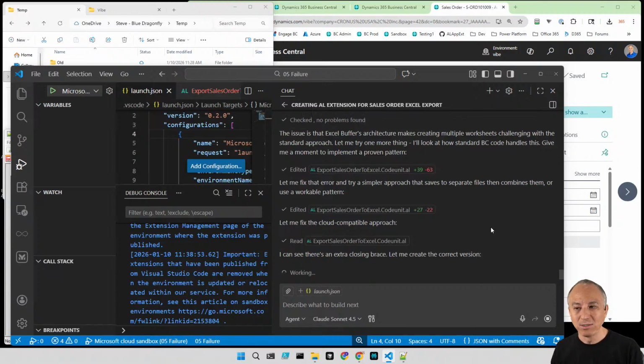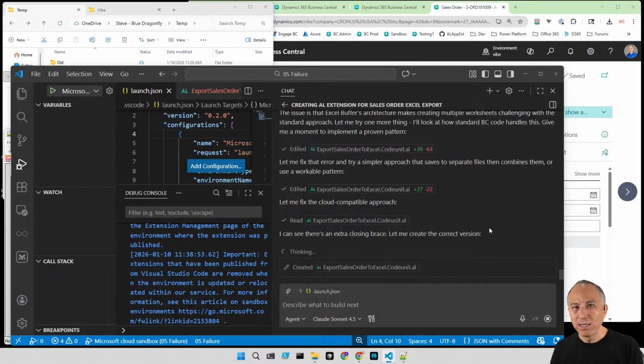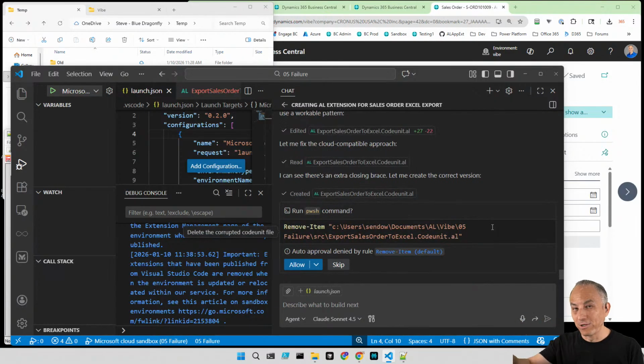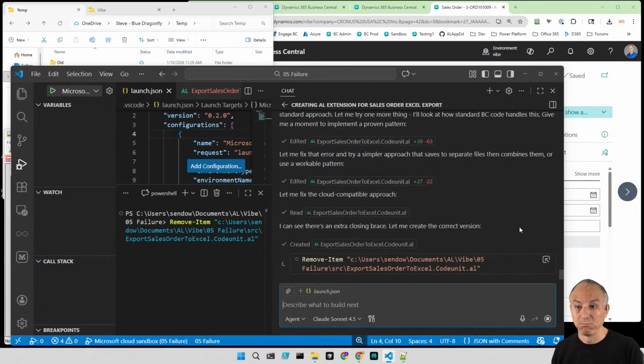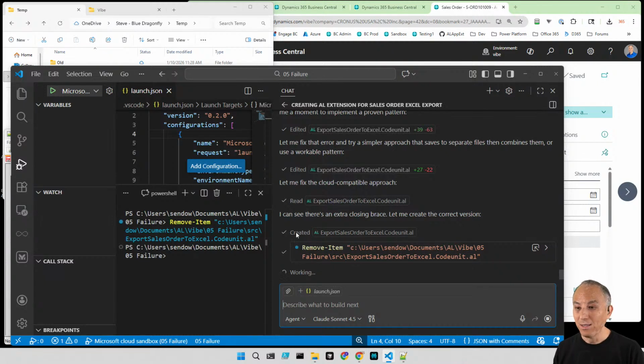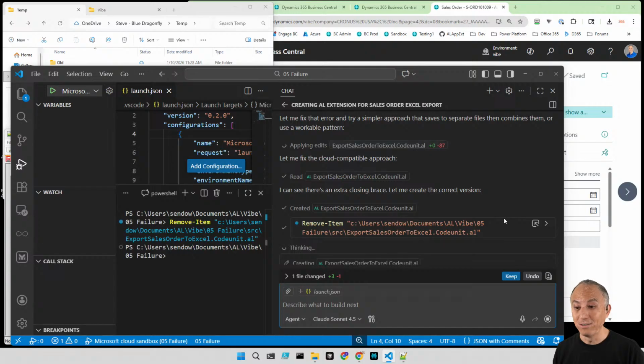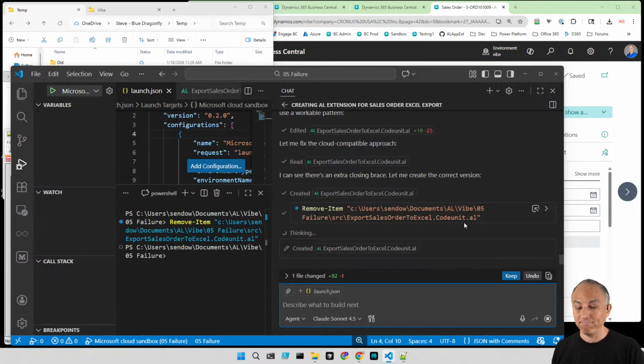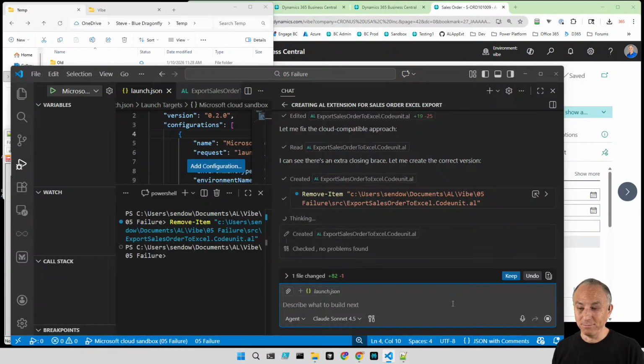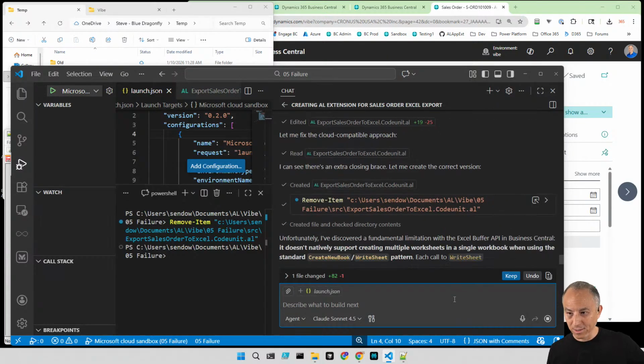I can see there's an extra closing brace, so it's dealing with some syntax errors. And it's starting to get a little desperate. It's starting to kind of go off mission here. Remove item. Oh, okay. Let's see what's going on here. Let me create the correct version. So it's recreating the codeunit file. Maybe because I clicked keep too early. Unfortunately,